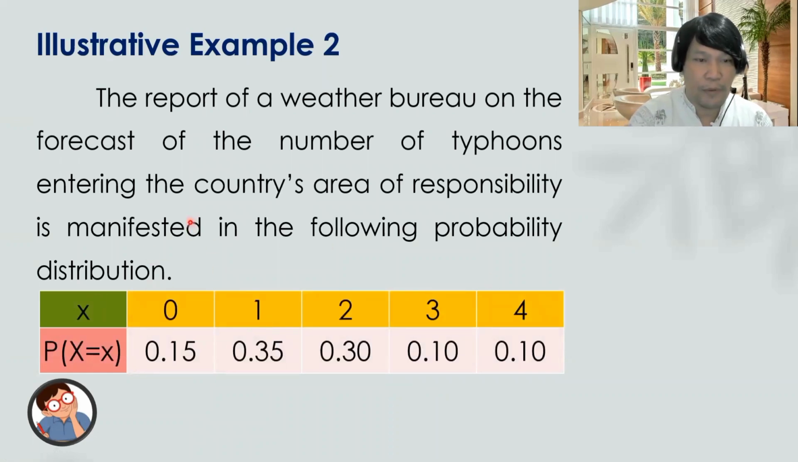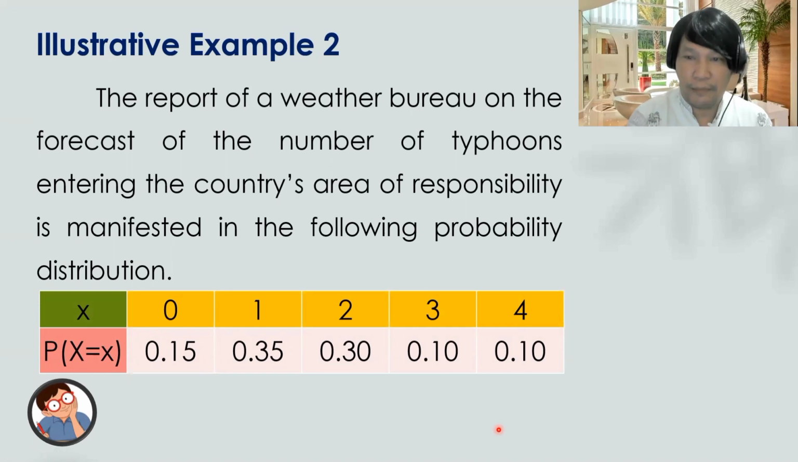And the corresponding probability are the following. For zero typhoon, we have 0.15. For one typhoon, we have 0.35. For two typhoons, we do have 0.30. For three typhoons, we do have 0.10. And for four typhoons, we do have 0.10. Okay? Therefore, what if we are going to get the expected value or the mean corresponding